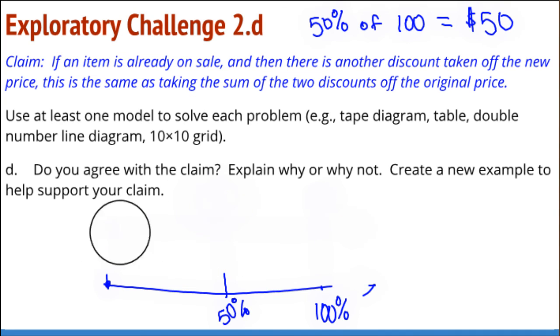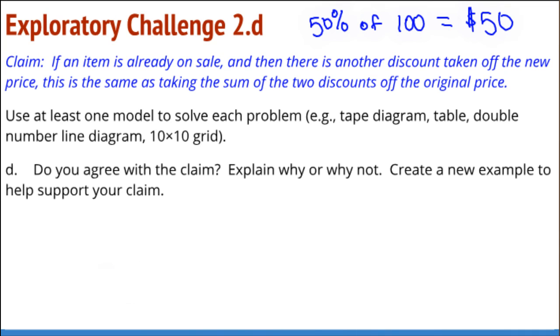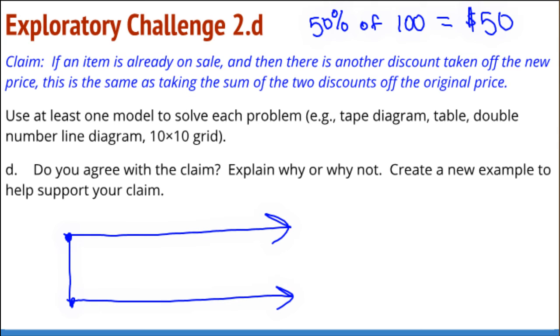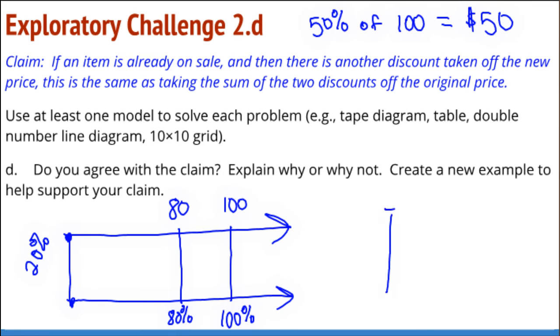Well, if we do this in 2 steps, if we say, let's take off 20%, and then let's take off 30%. So here's my 100%, and I need to carve off 20%, which will leave me with $80. So this is the first step. This is 20% off. Now I've got $80